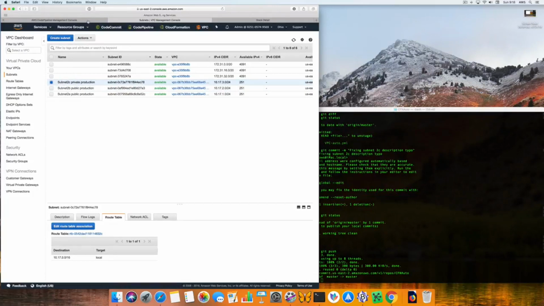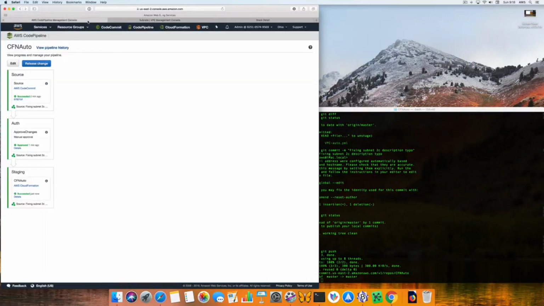So that's pretty much it for this demo. It has been a little bit longer, more than 4 minutes, but this is a very simple pipeline into CloudFormation,